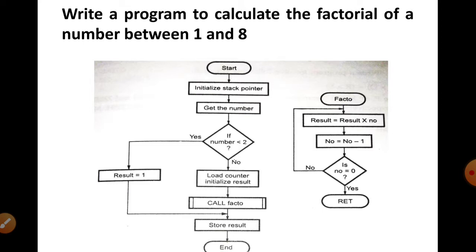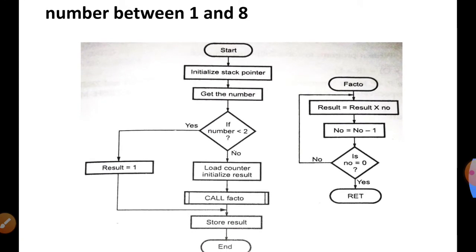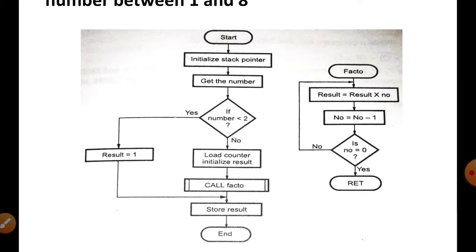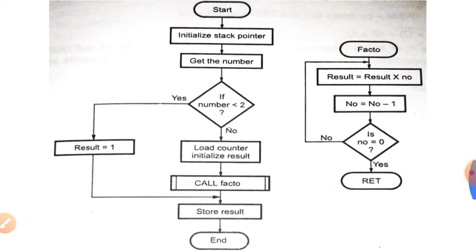For that, a flow chart has been drawn to obtain the factorial of a number. The flow chart is divided into two parts: one is the main program flow chart and the other is the subroutine flow chart. The subroutine will be used for the multiplication, and the main program will be used to call the subroutine and store the result. Since we are using a subroutine, we have to initialize the stack pointer also, because whenever we are calling a subroutine,